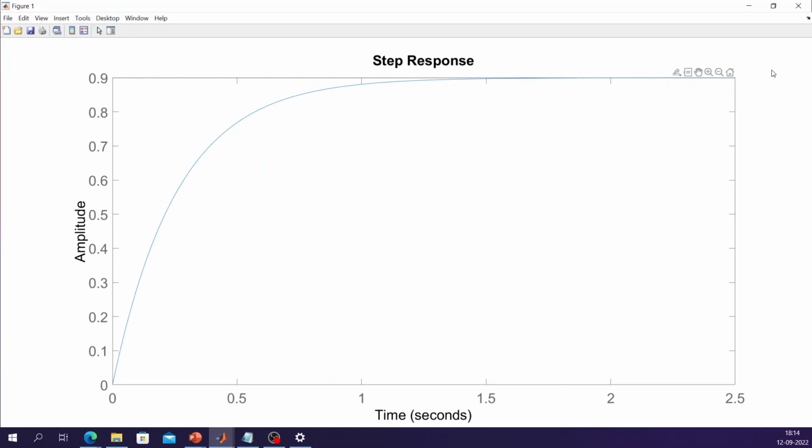So if we take a data point and look approximately where we get 0.63, all right, so the 63% of the amplitude, which is 0.9,